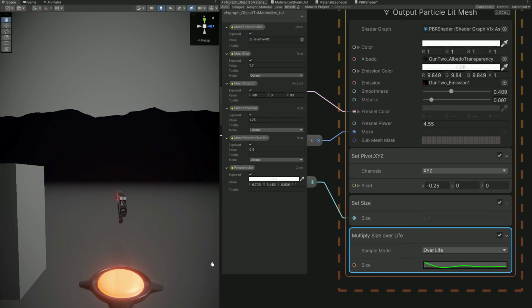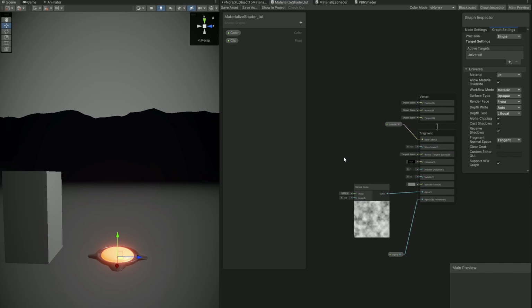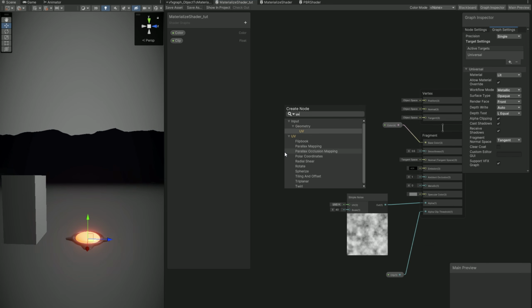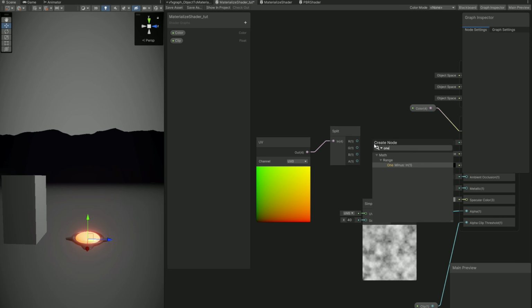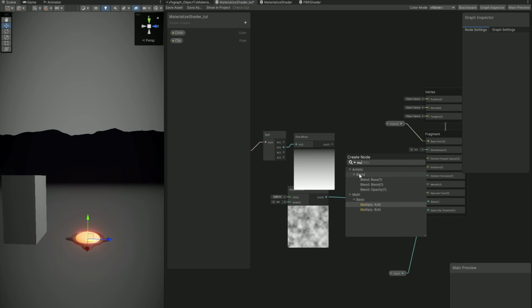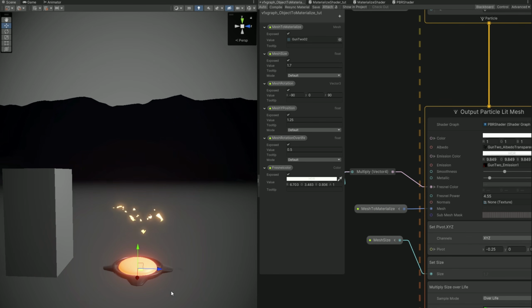So this is the core of the effect. There's a lot of things that we can improve. I'm going to show you one more. For example, in our shader, we can create a different type of materializing effect, of dissolving effect, by simply using a UV node. And if we split this and use the G channel connected to a 1-, so this gradient is inverted, and if we multiply this with a simple noise and connect it to the alpha, depending on the UVs, we are going to get a materializing effect from the bottom to the top, which did not happen now